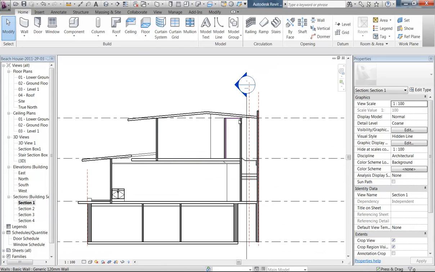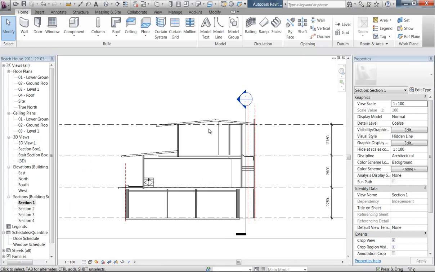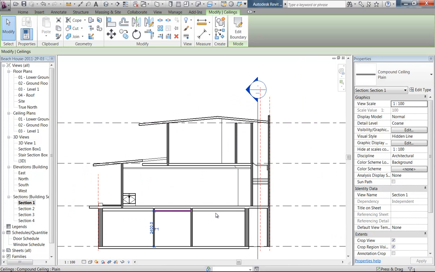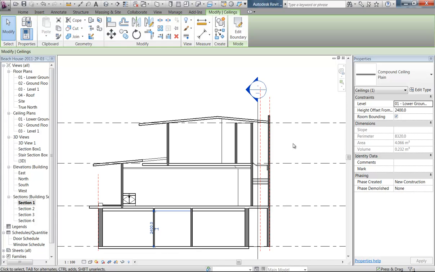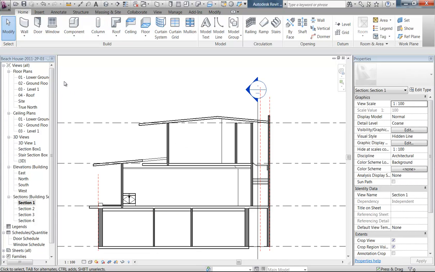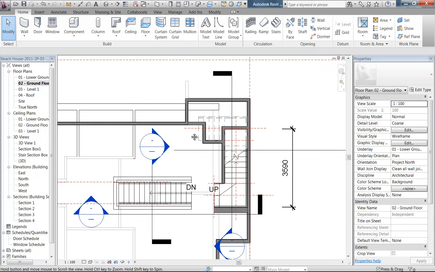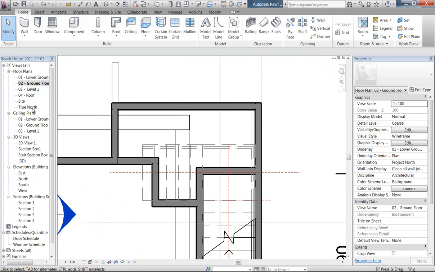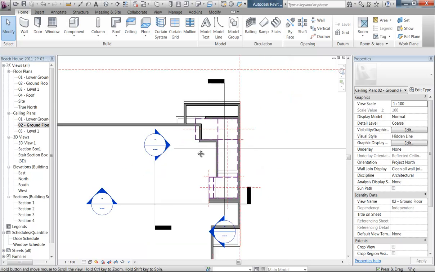The last ceiling really will be the same as the first one, 2400. So I should quickly put in the bathroom ceiling, I suppose. So again, in the ground floor ceiling plan,